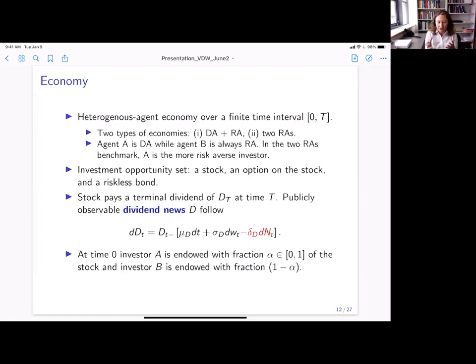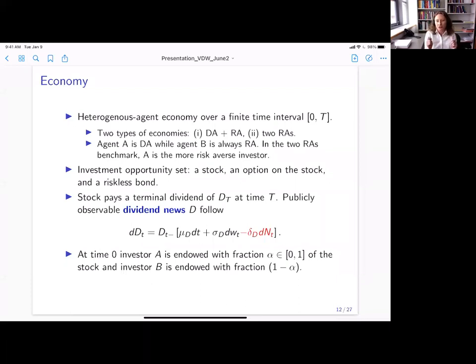So this is the first asymmetry, right? The asymmetry in the dividend fundamental, and then I will relax this in order to have multiple derivative products being non-redundant. We will need to relax this and allow for stochastic jumps. For now, this is just one negative jump. So we have crash risk in the economy.